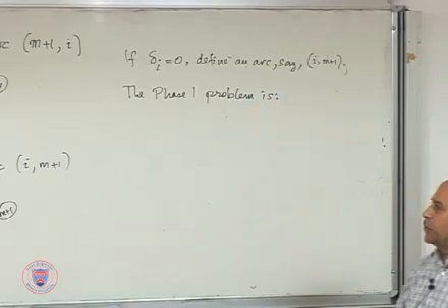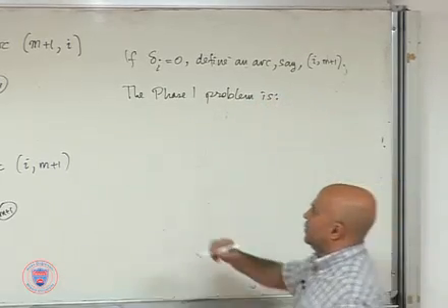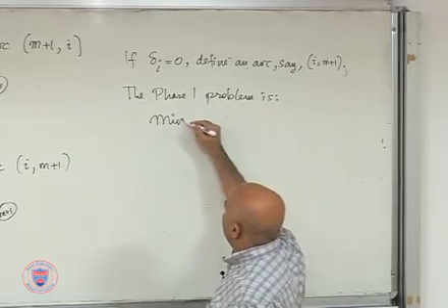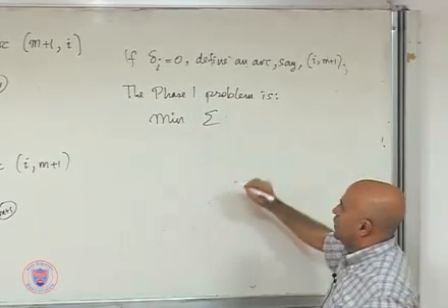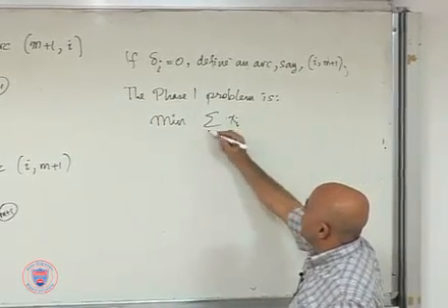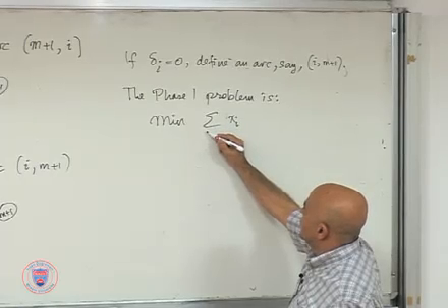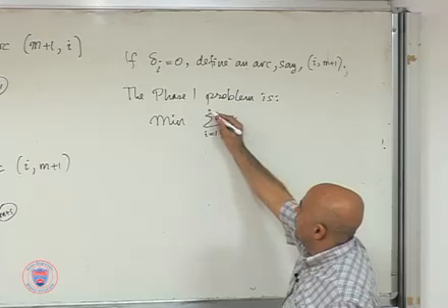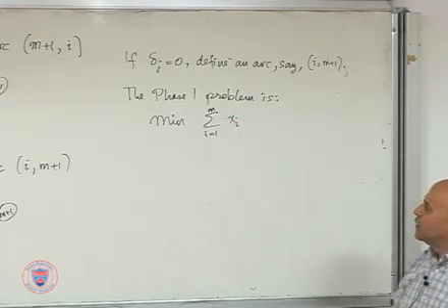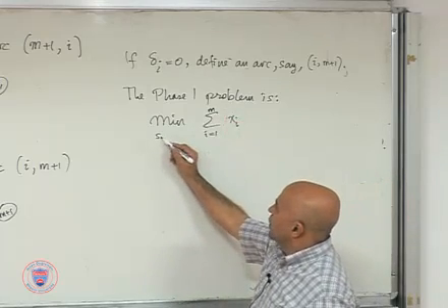Then the phase 1 problem becomes the following. You've got the additional variables now. You're trying to minimize the sum of the variables in the artificial arcs, the new arcs, i going from 1 to m, subject to